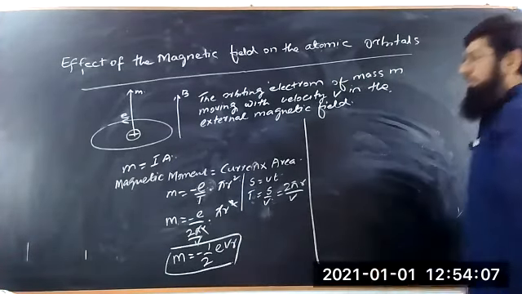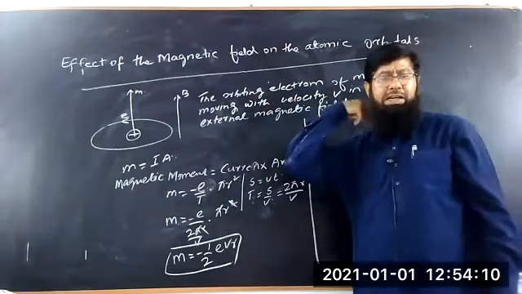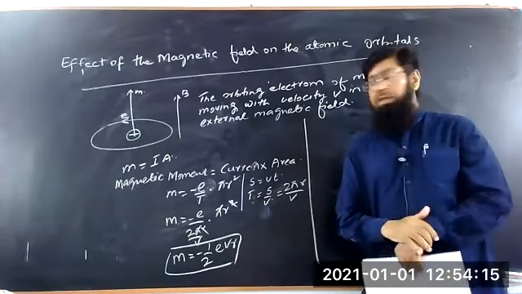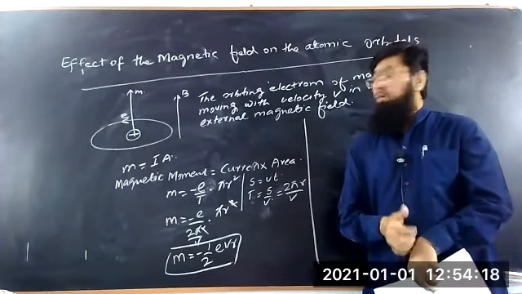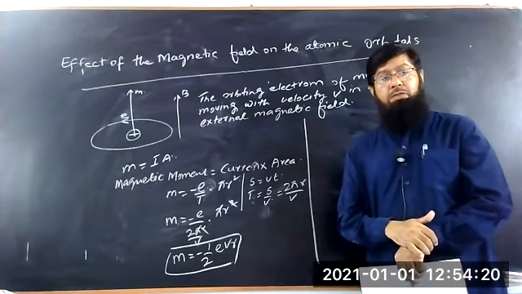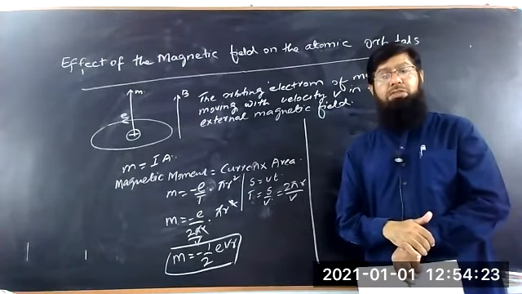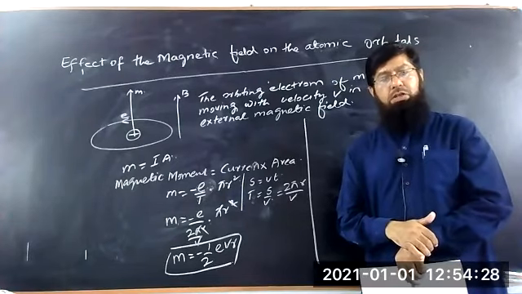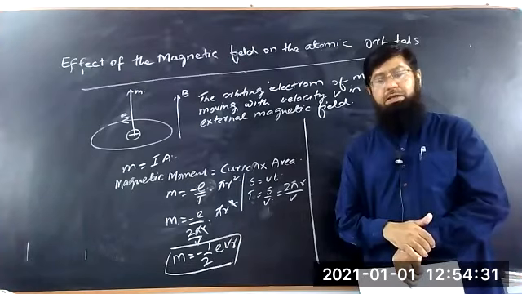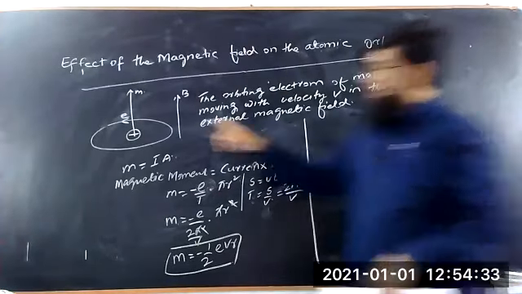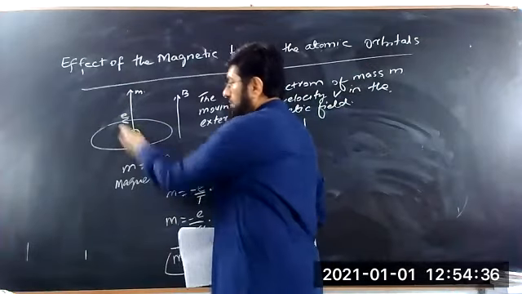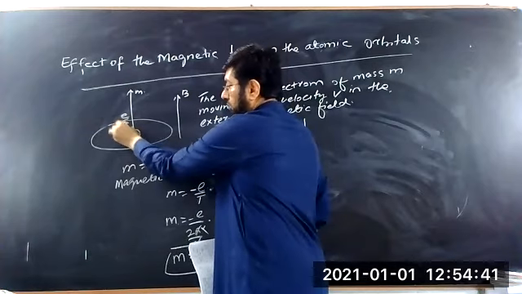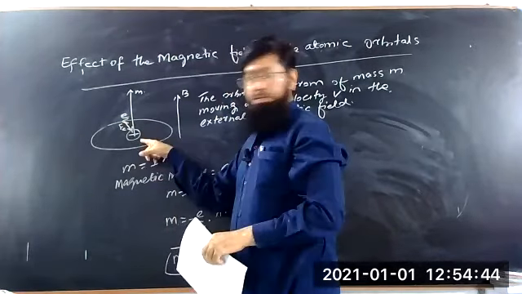So now the electron is orbiting, and you know that when the electron is orbiting around the nucleus, you are very much familiar with the equation which Bohr gave, that the centripetal force must be equal to the Coulomb force. That's why the electron is orbiting. Its centripetal force is in this direction, towards the center, which is always towards the center here.